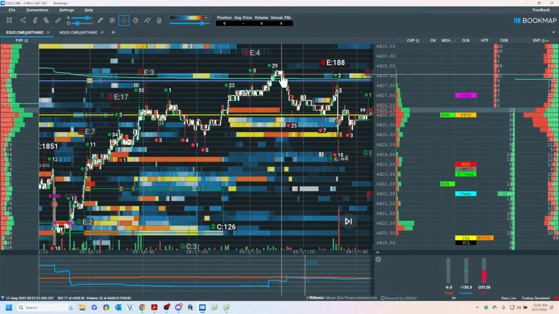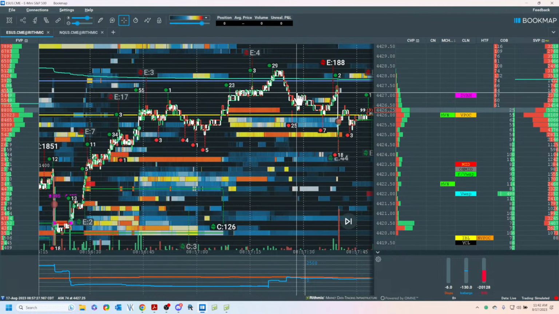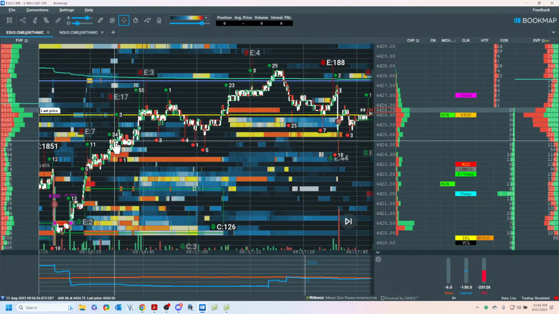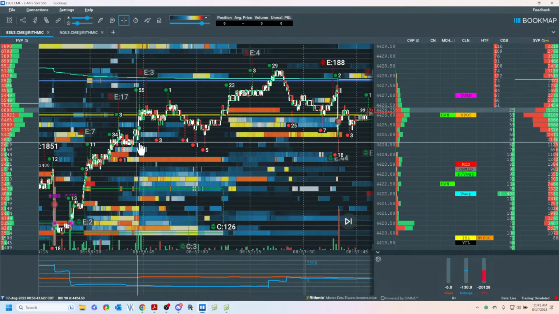I didn't take it. Here's why. I can't enter here. By the time I wake up, I might be getting in here. I can't execute. If this is my target for a scale, I can't manage my risk. Here's another piece. This was too low. You see, I didn't take this out. So this is support to me. So look where we come, you see. So I couldn't take it.